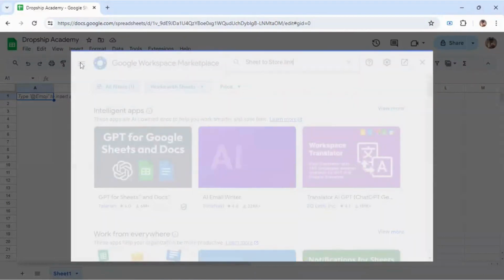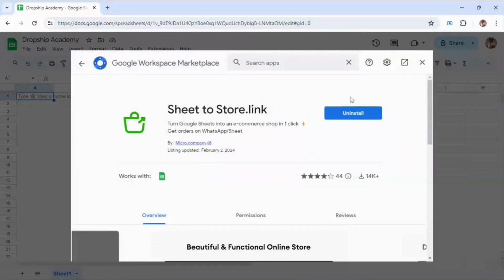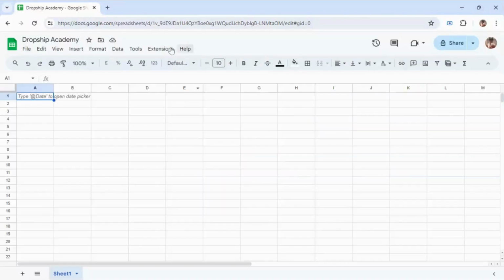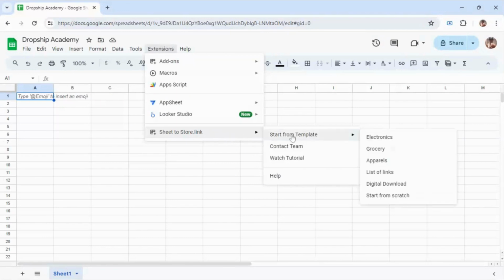Now, I already installed it, so henceforth it's already installed. Click on it and then click on this button. It's going to install it, and then afterwards come here again. It'll appear on the bottom of the drop down menu, and then select the start from template. After that, select the grocery